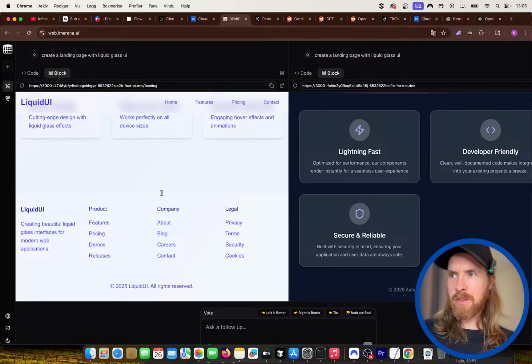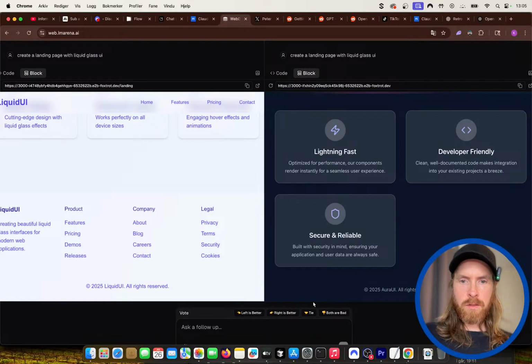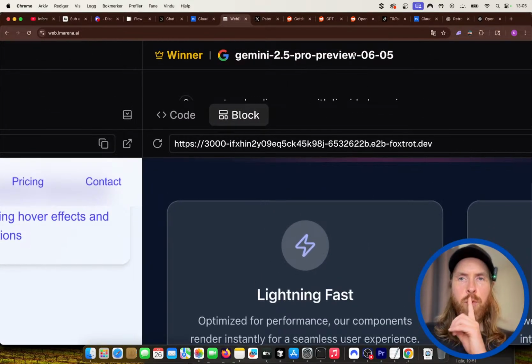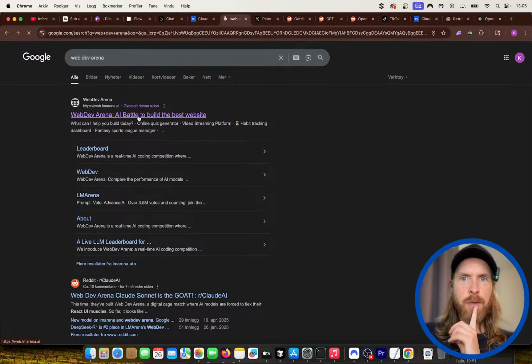Neo. Okay, I'll try that. Neo brutalism. Neo. So I will do right is better. So that was Gemini 2.5 Pro, and left was Mistral. Oops, Mistral Medium.